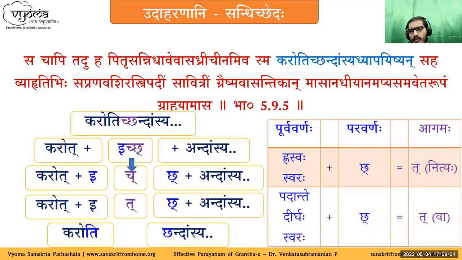In Gamadagama also, the same case is there. In the Purvavarna, we have a Hrasva swara followed by that n. That is also a nimitta. And in the Paravarna, we should have a swara. That is also a nimitta. So both Purvavarna and Paravarna are nimittas in the case of Gamadagama and Tugagama. There is no sthani because this is agama.